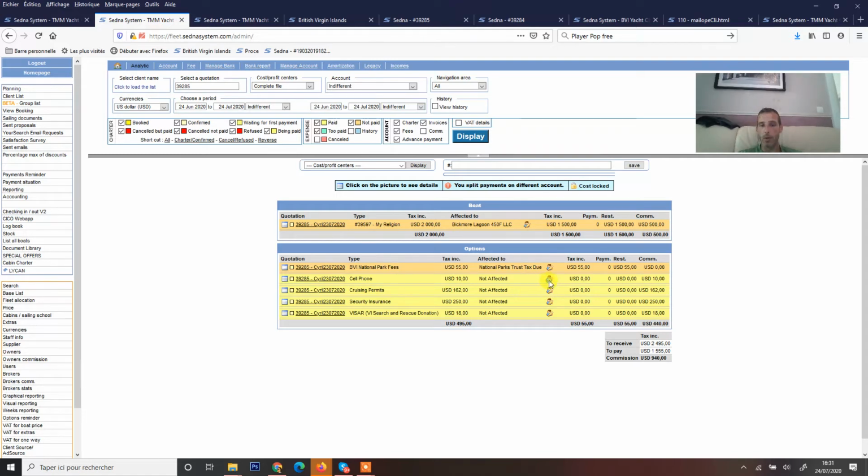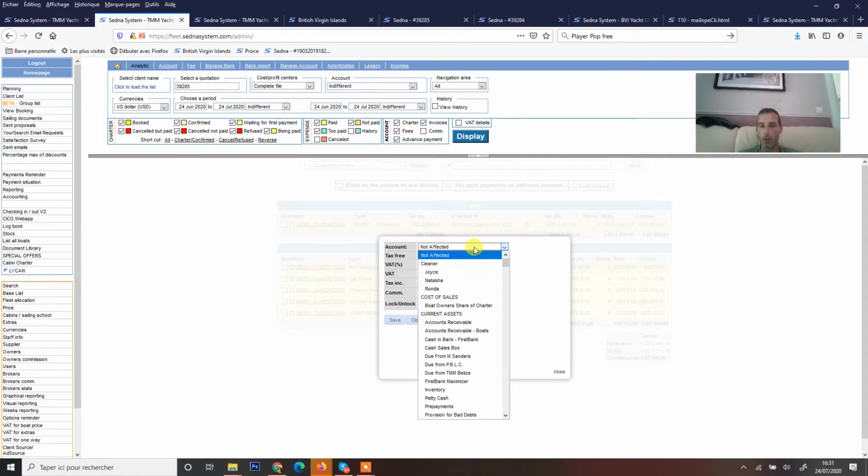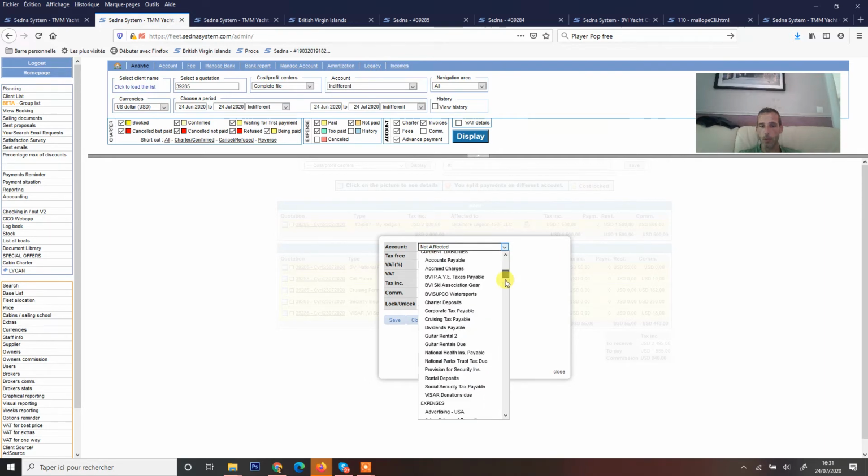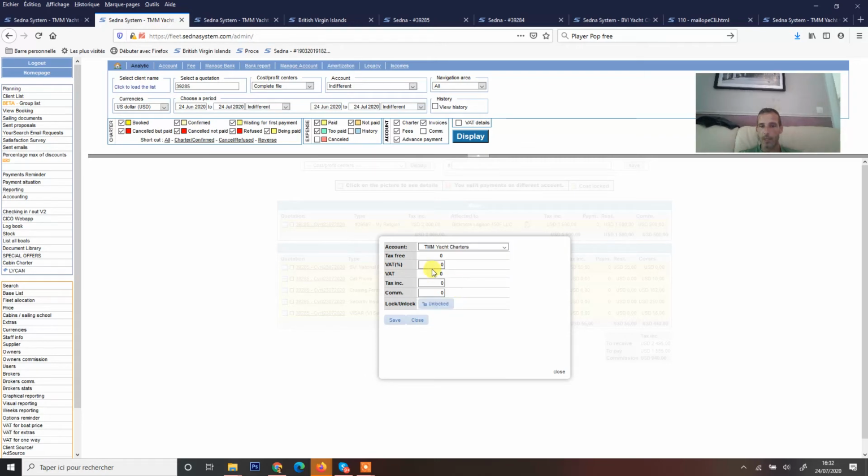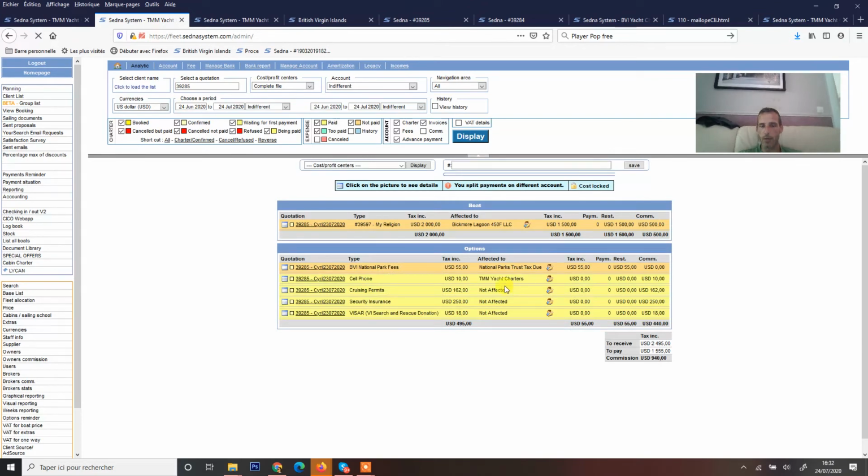For example, if the cell phone money goes to you, you will use TMM as a fleet operator here, and you can say that the 10 US are going to you. You click on save, close, and if I click on display, the 10 go to TMM.